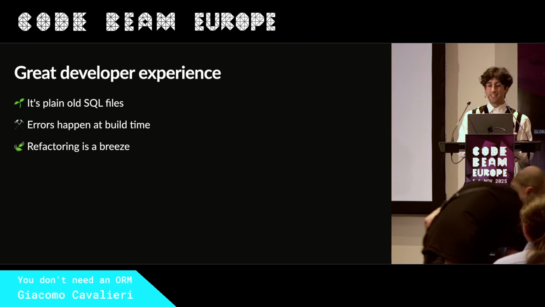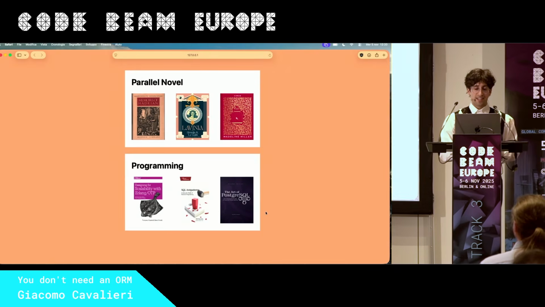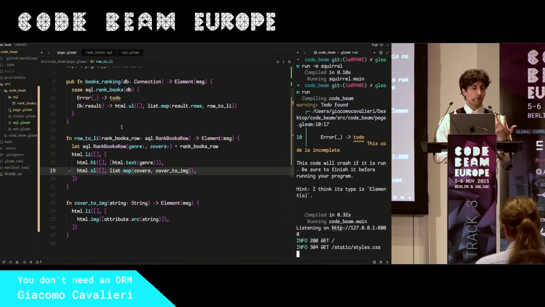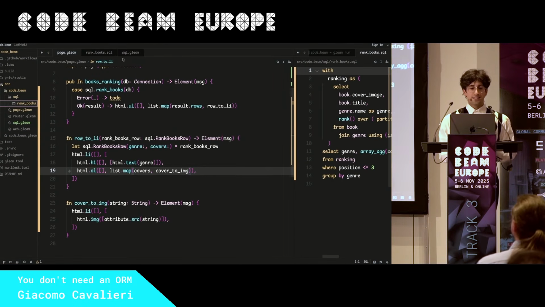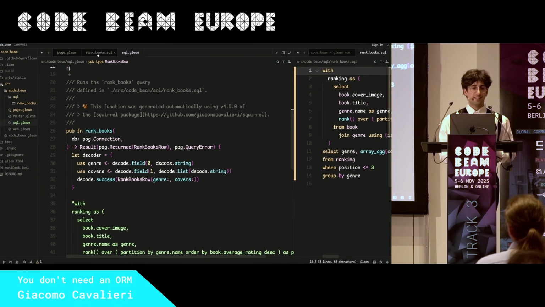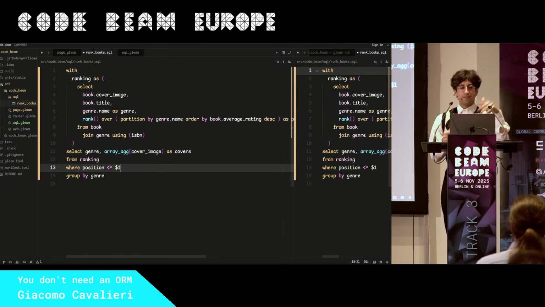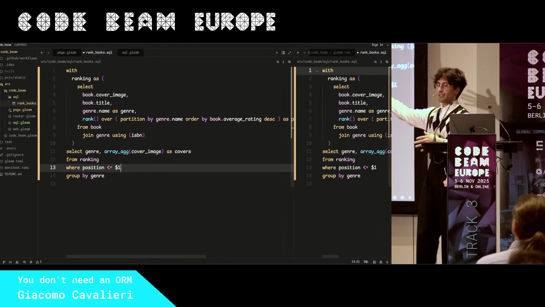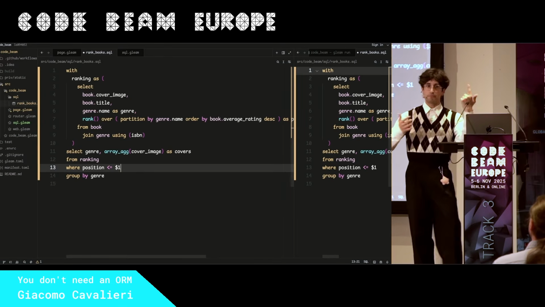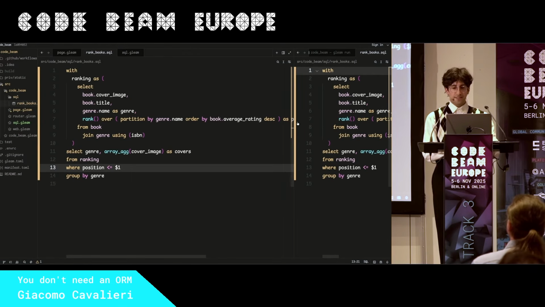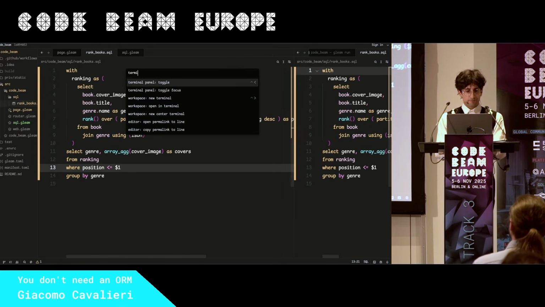Also, refactoring is a breeze. Say we change something. Of course we will, because our requirements change all the time. Say now the marketing team comes and they say, well, we need to actually make this parametric. So this is going to be fed in by the user. Maybe they want to see the 10 best books, number 1 best book, and so on. If we let Squirrel run again in our terminal,